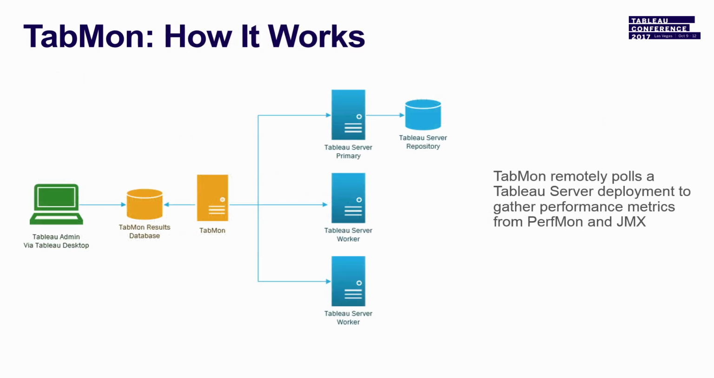So just a quick visual on where TabMon fits into your deployment. TabMon is generally installed on a machine outside of your server deployment. You do some configuration to point it to your various server nodes, and then at that point, you let it run. It comes with a database where it stores its results. You can also configure it to dump out to CSV if you prefer to not have to meddle with another